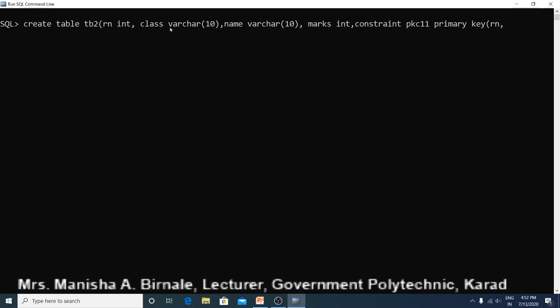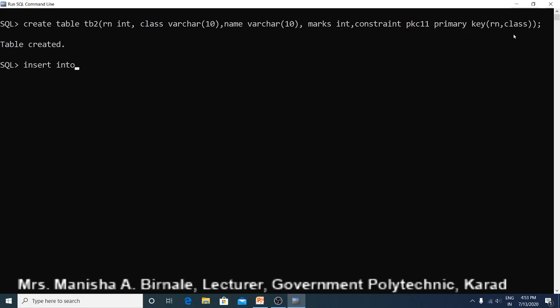So suppose roll number comma class, these two columns will form our primary key. So here the constraint name is optional. Primary key in brackets roll number comma class. So this is our composite primary key. In this way the table is created.